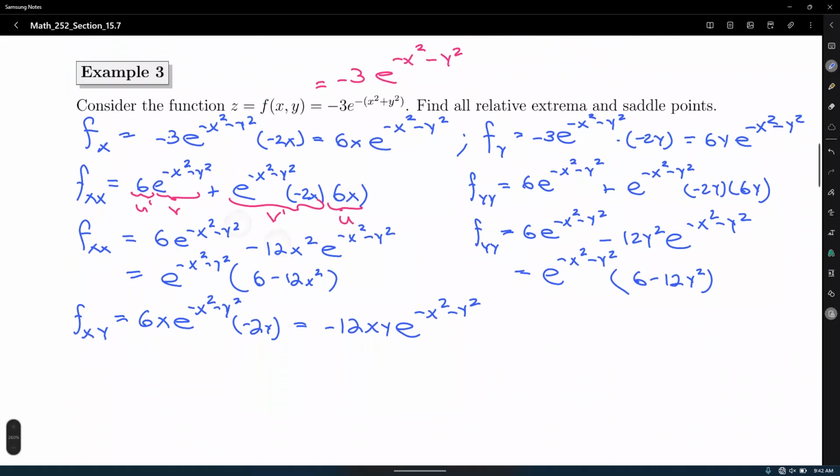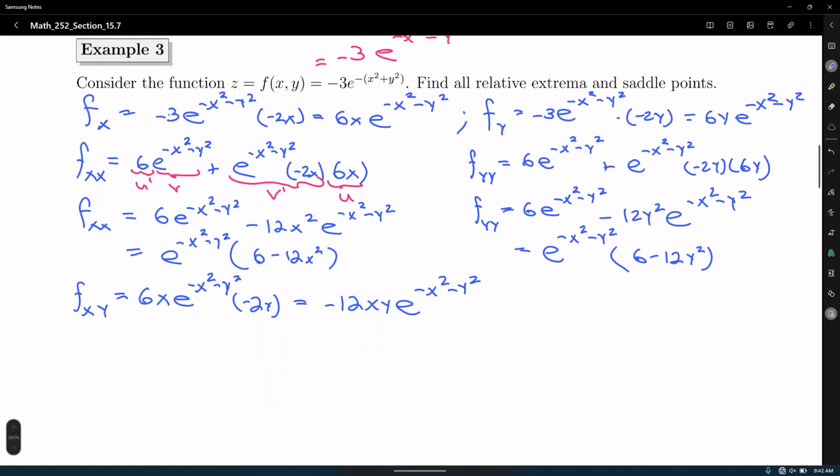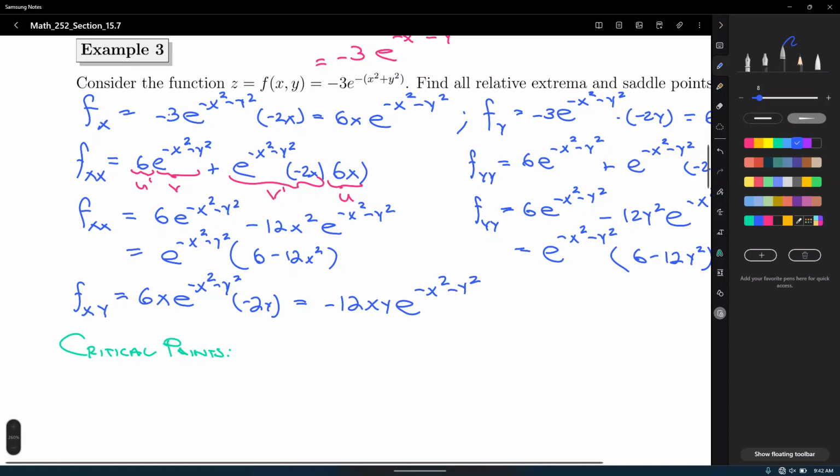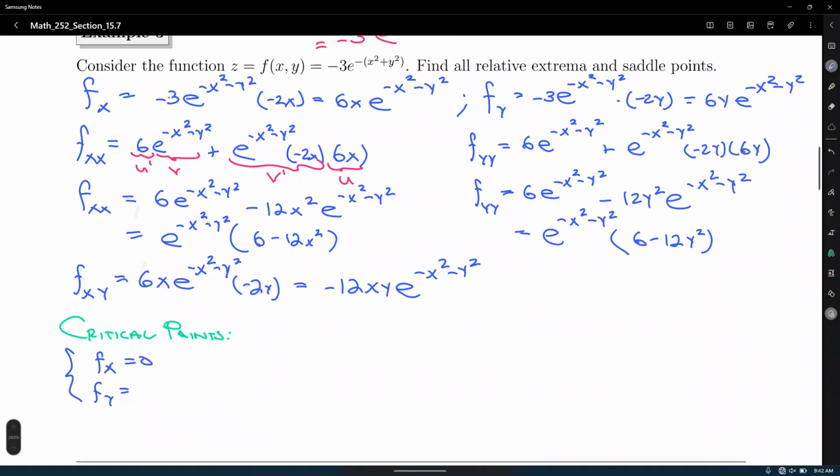So we have everything, not yet. We still need to find our critical points. So to get the critical points, create a system of equations where f sub x and f sub y equal 0. Okay, that means we're going to set